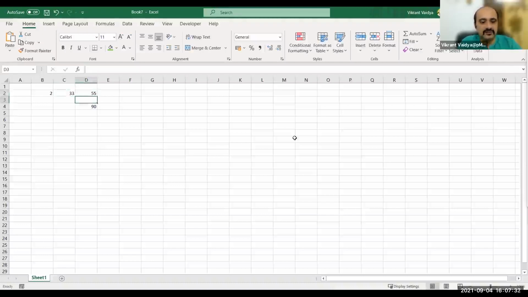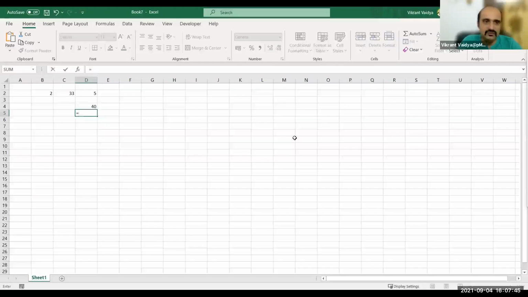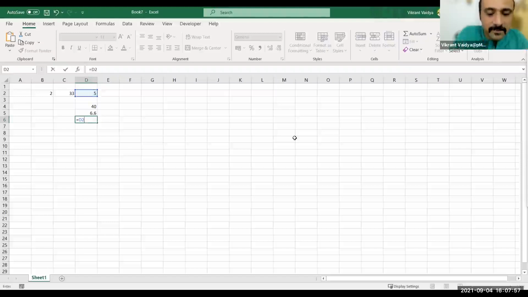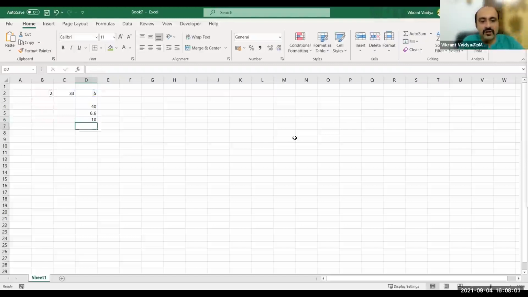If I change the numbers, this will happen. The basic punctuations are the same: equal to, plus, minus, slash is divide, and star is multiplication. So I can also do other operations, divide or multiply. And there is also power of.